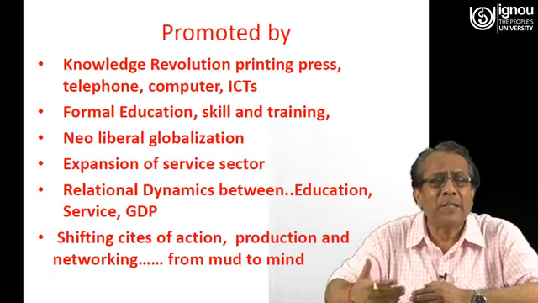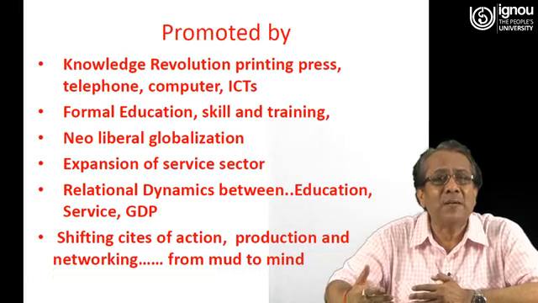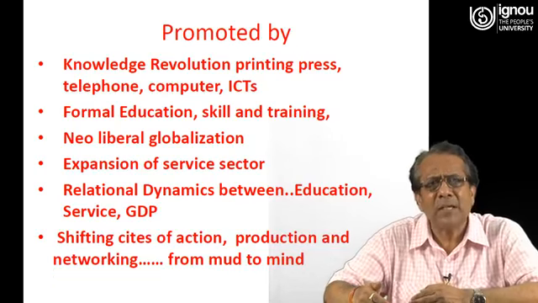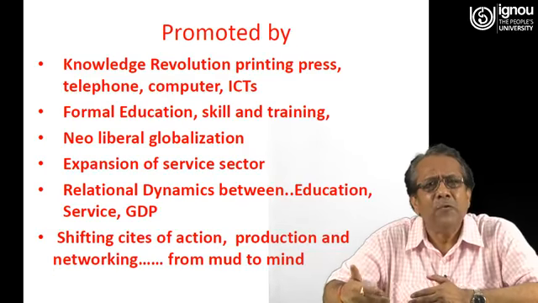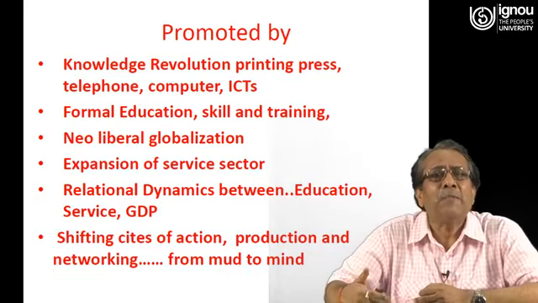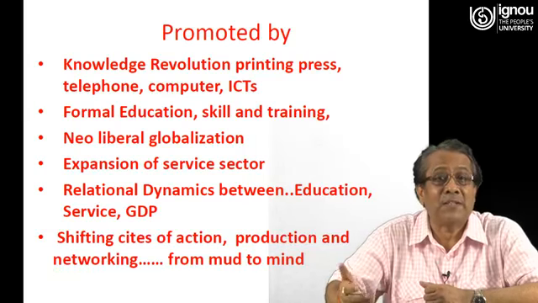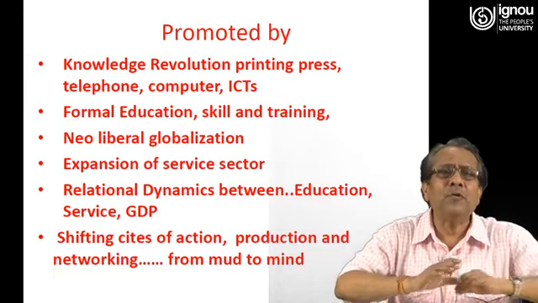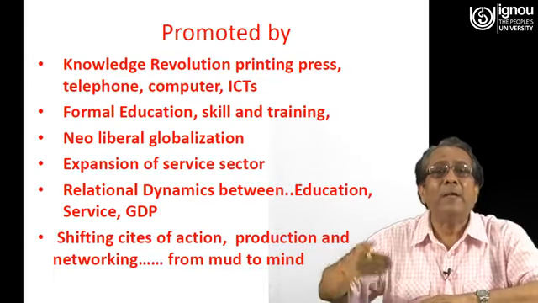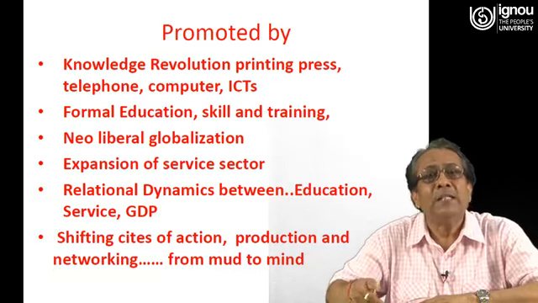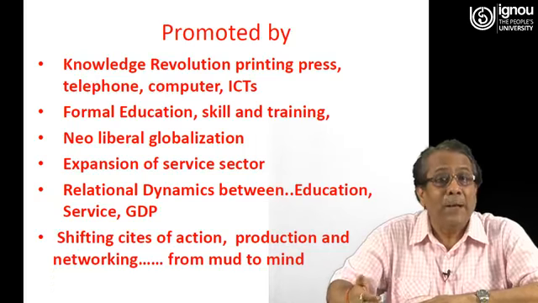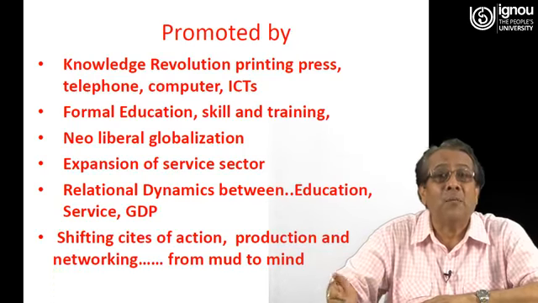Gradually, after the printing press, we find a new kind of communication system with the arrival of the telephone. Then, starting from the middle of the last century, a new kind of machine started coming in, what we call the computer. Then the information and communication technologies, the mobile phone, etc., started coming in. So what was already set in motion by the Industrial Revolution was taken further by new innovations and discoveries taking place within the industrial society itself. That is the revolution in the printing press, the telephone, the mobile phone, the computer and other information and communication technologies.